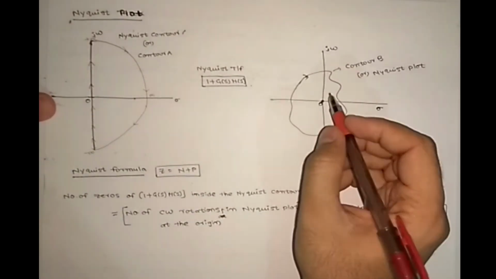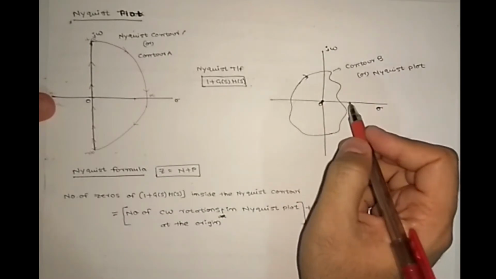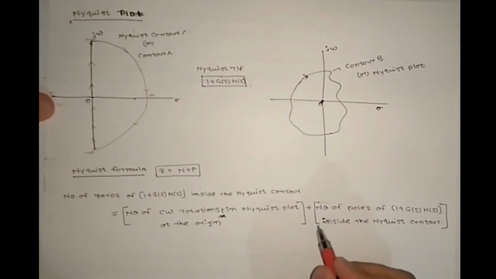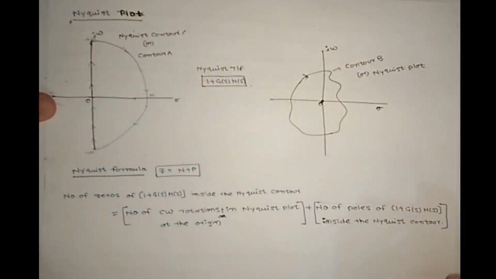So at the origin, how many clockwise rotations are there? That is N, plus P, the number of poles, any poles inside